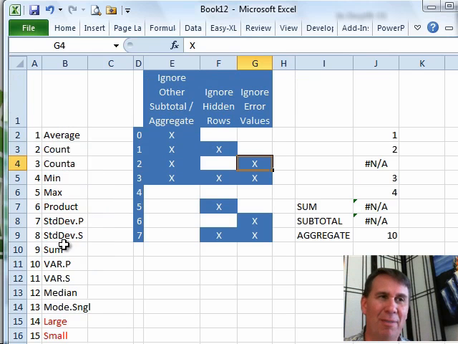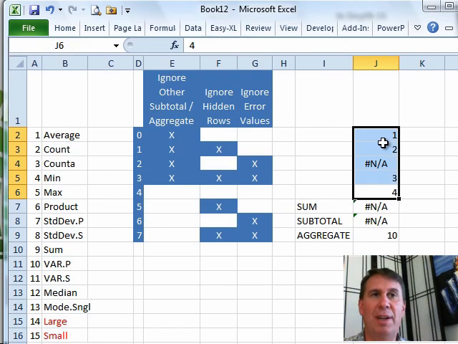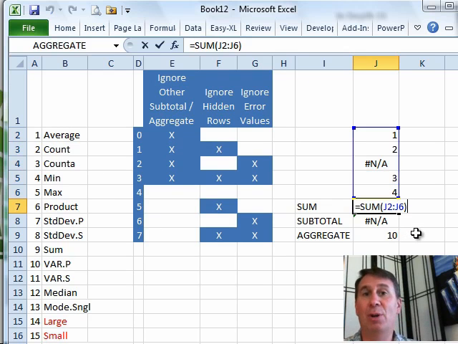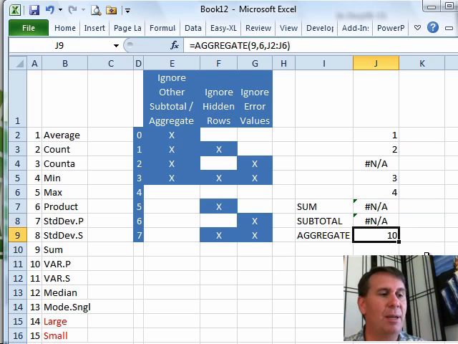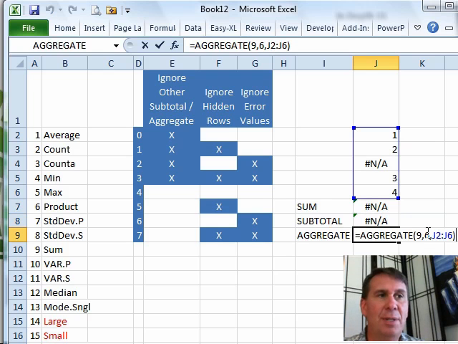I really wish they would have made all of these available as an array formula, but they didn't, so let's just see, what can we do there? So here's a range of values, 1, 2, 3, 4, and NA, and if I sum that, of course, the sum of that is going to be NA, as we expect. NA just causes all future formulas to be NA, and even the subtotal function is going to become NA. But the beautiful thing about Aggregate, I set up an Aggregate here, and because I use 6,